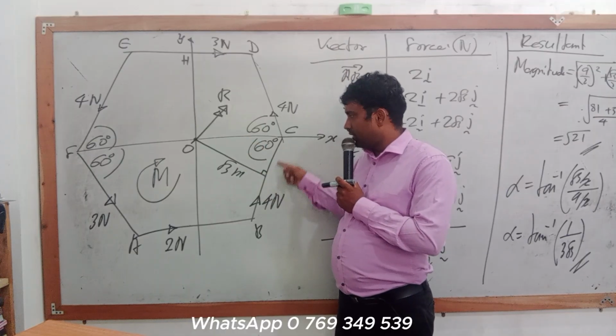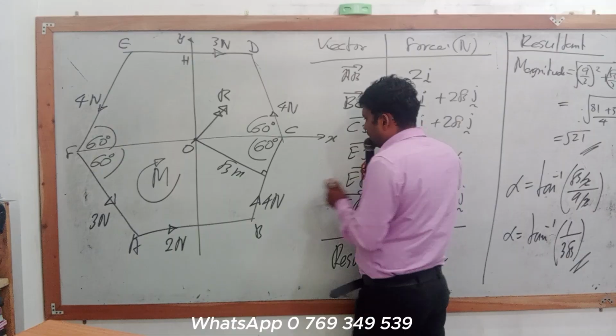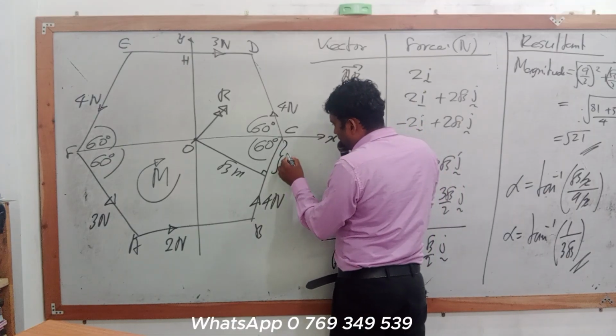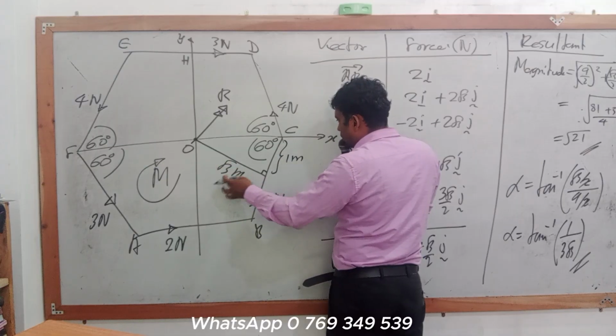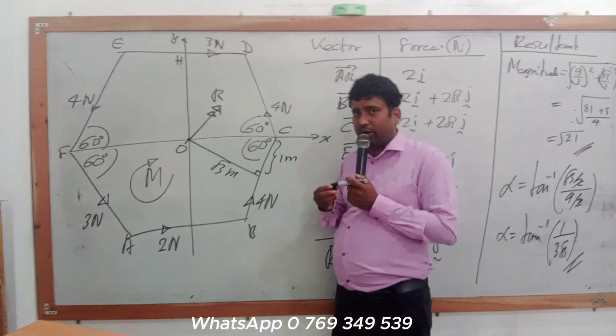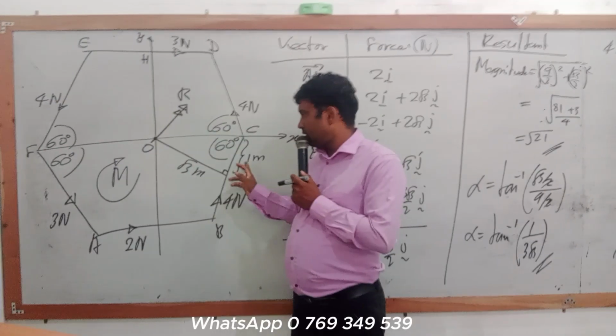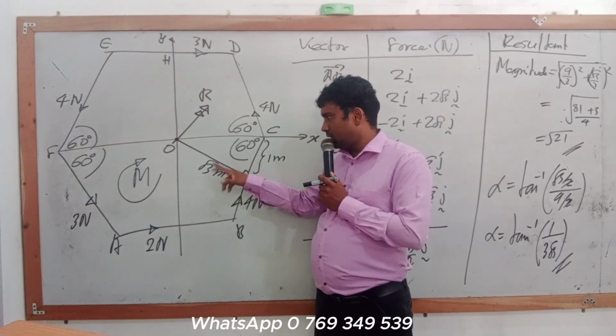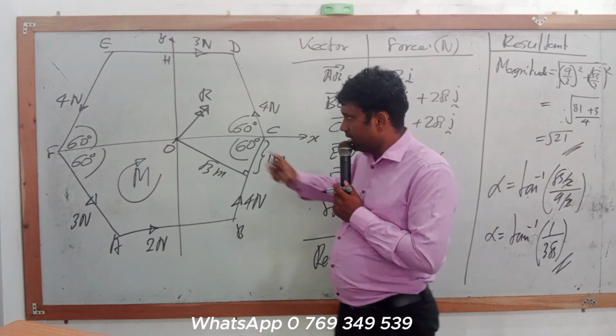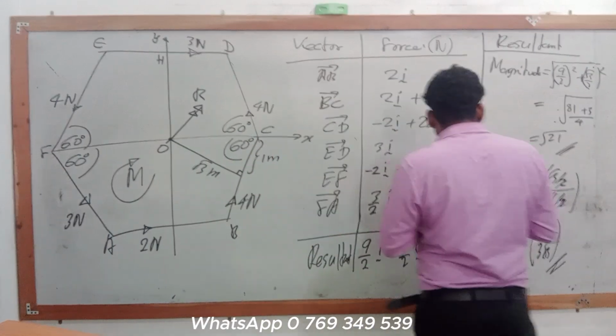Or then you can take the 1 meter from this one. Here 1 meter. This is the half, no? Here side 1 meter. 1 meter tan 60. 1 tan 60 is root 3, right? This is the 1 meter. This one is root 3 meter, right? Tan 60 like that. Now we have to find the movement,